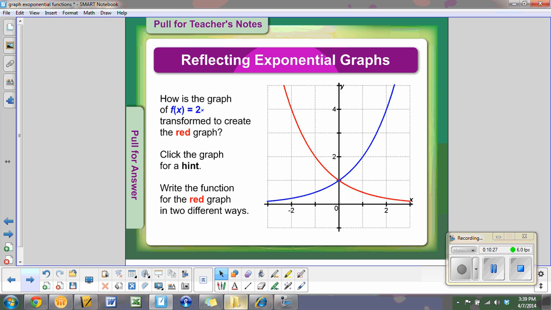Now, how is the graph of f of x equals 2 to the x transformed to create the red graph? Notice that this blue graph looks like what we've been doing, y equals 2 to the x, but this one's backwards. This is an increasing function, and this is a decreasing function. If you'll remember when we did them with just an xy chart and evaluating, if you have more than 100%, you're increasing, and if you have less than 100%, then you're decreasing. So what that means is that my function here,